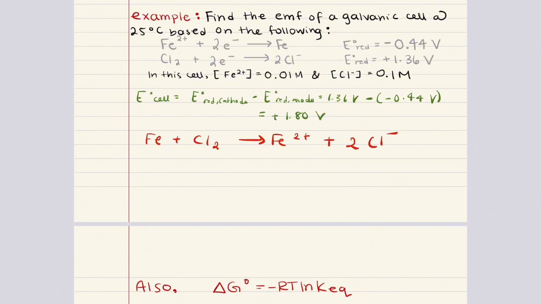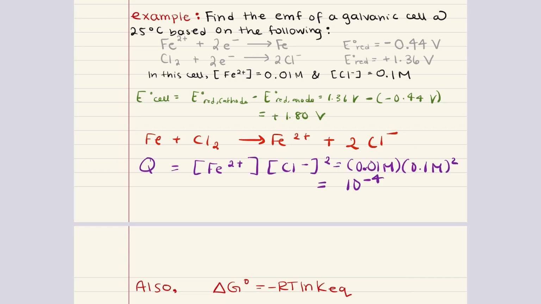So Q is just going to equal the concentration of iron 2 plus multiplied by the concentration of chloride ions raised to 2 because that is its stoichiometric coefficient. Essentially, we're just multiplying 0.01 molar by 0.1 squared molar, and that's going to give us 10 to the minus 4. Now we can go ahead and plug it into the Nernst equation, keeping in mind that 2 electrons are